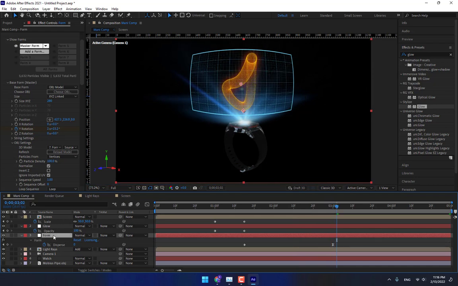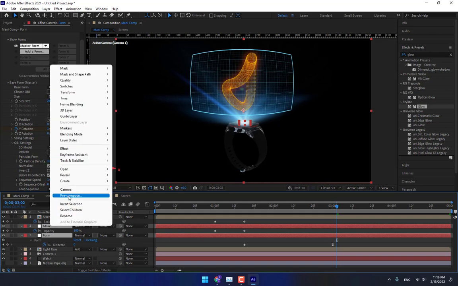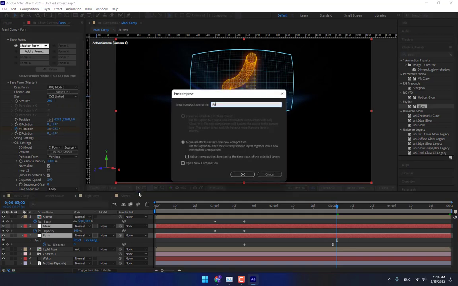And now select form, glow, right click, pre-compose, name it form,